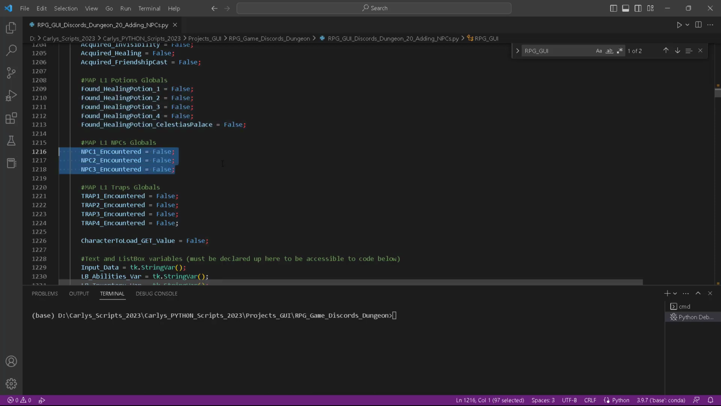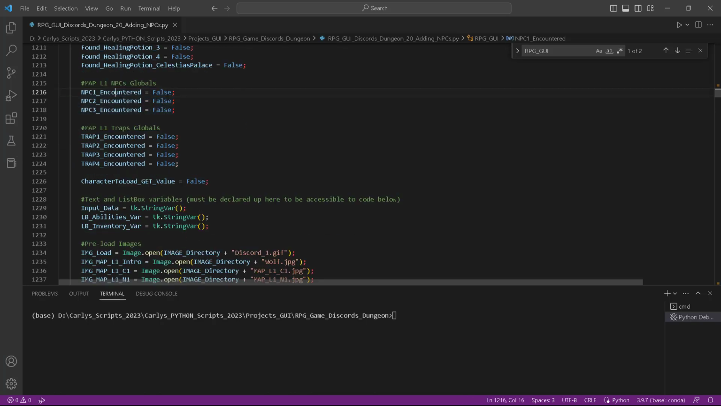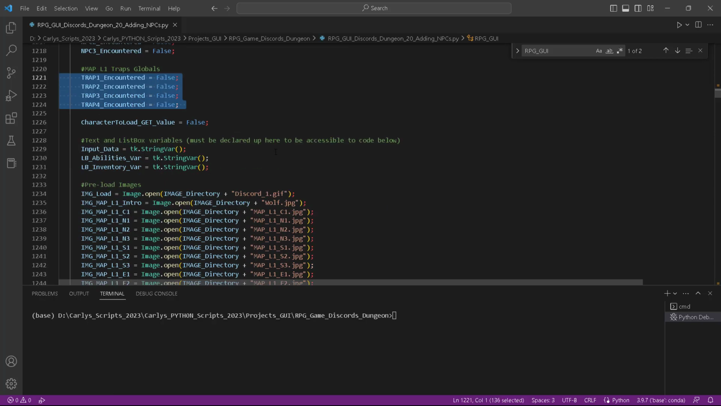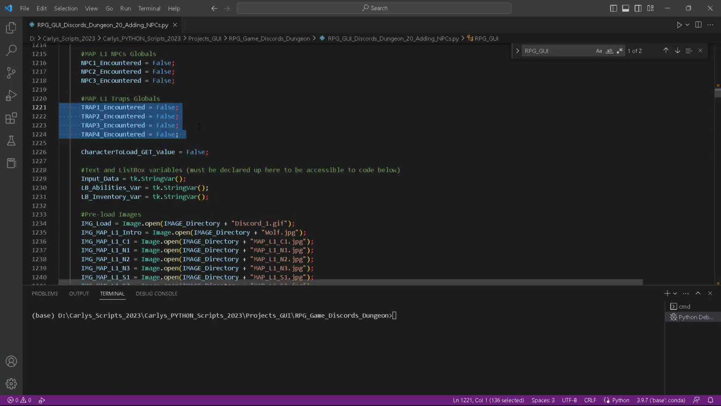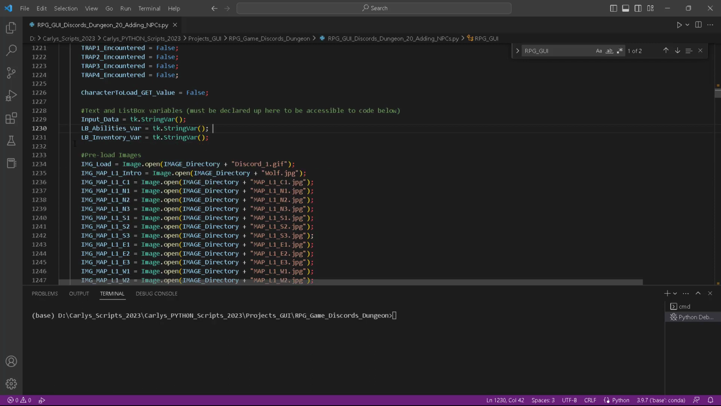In this case, our NPCs are globals, whether or not they've encountered them. And then we can do different things. So the first time they meet the NPC, and then they go back and the next time they meet the NPC. Okay? Whether or not they've encountered traps. All those are environment variables or booleans that we need to keep track of things. Okay? Now, let's go and